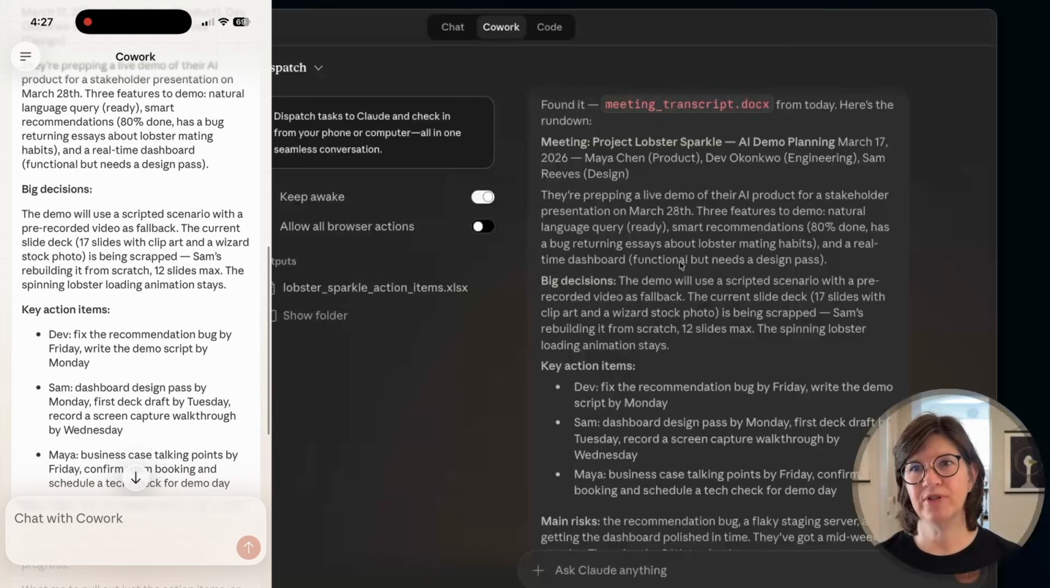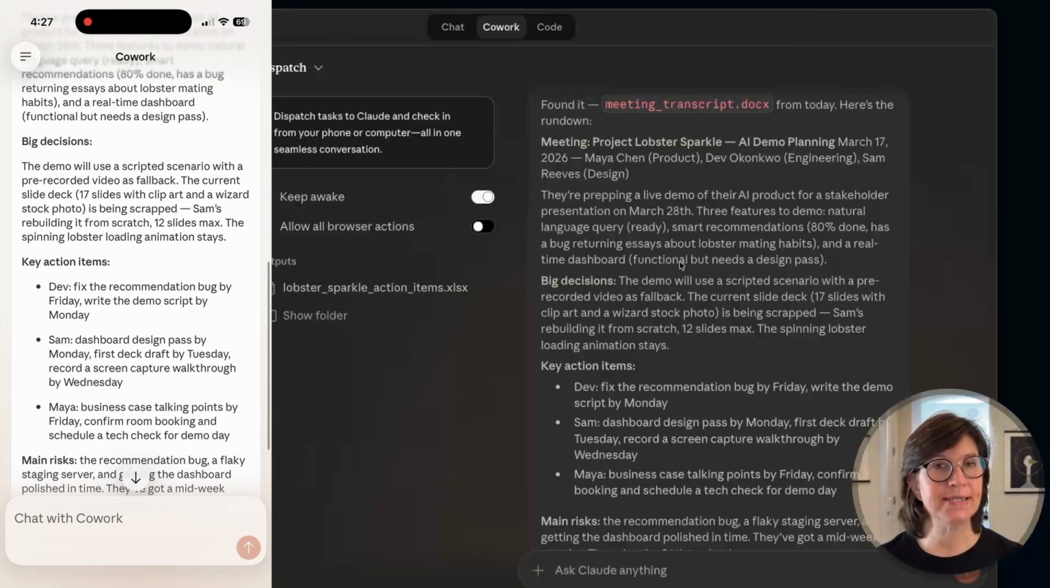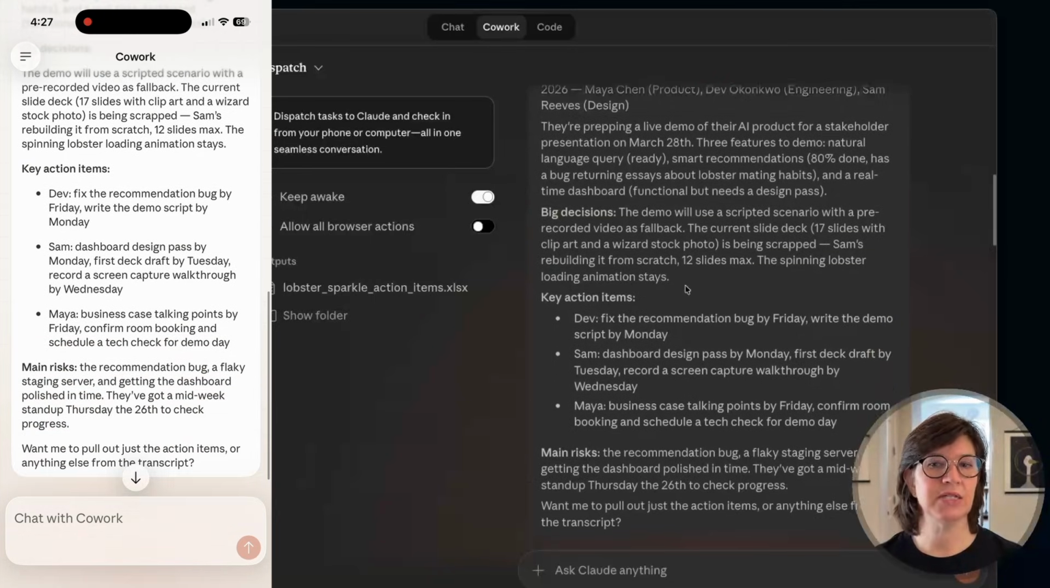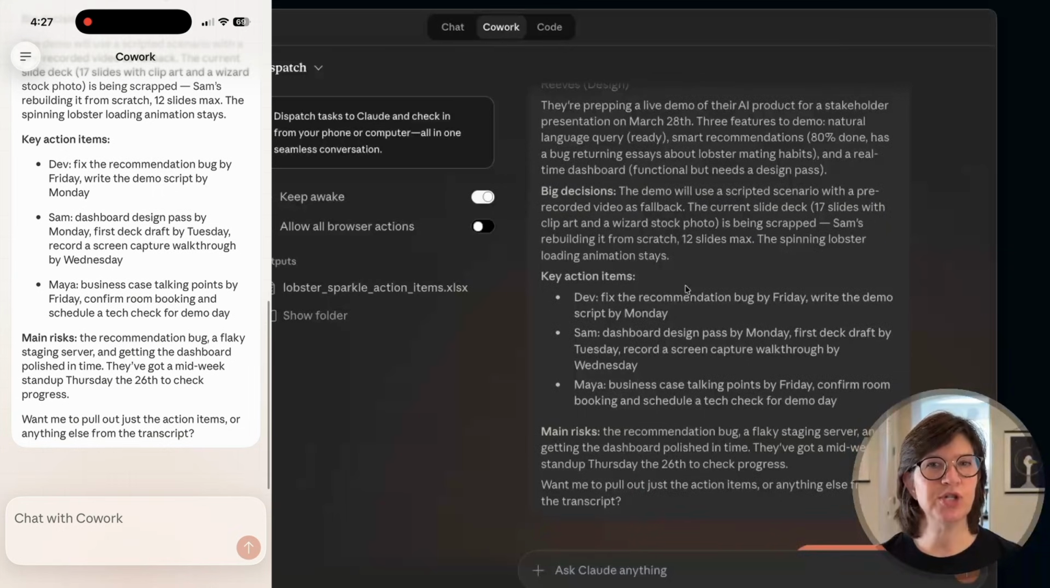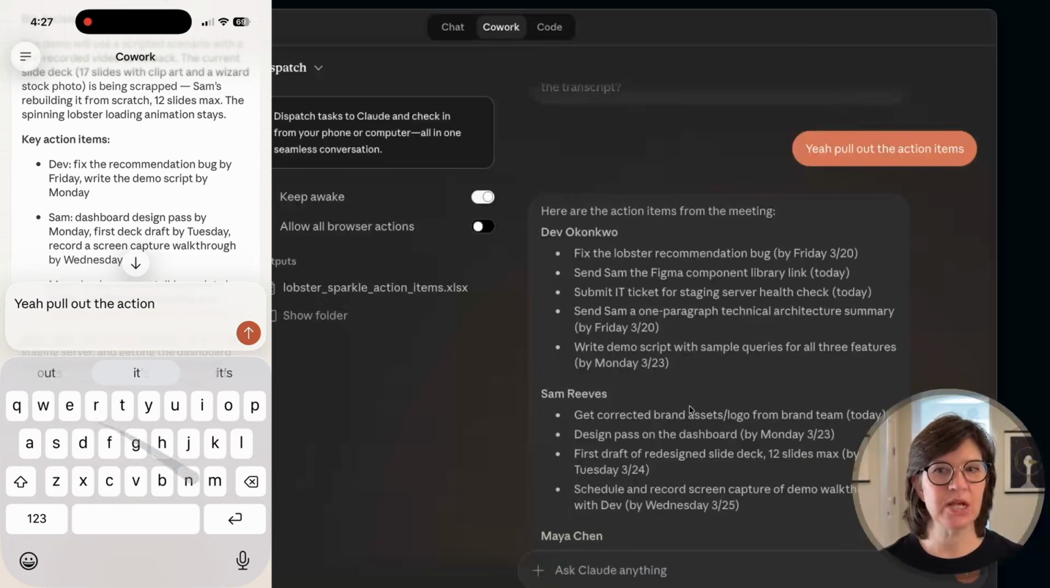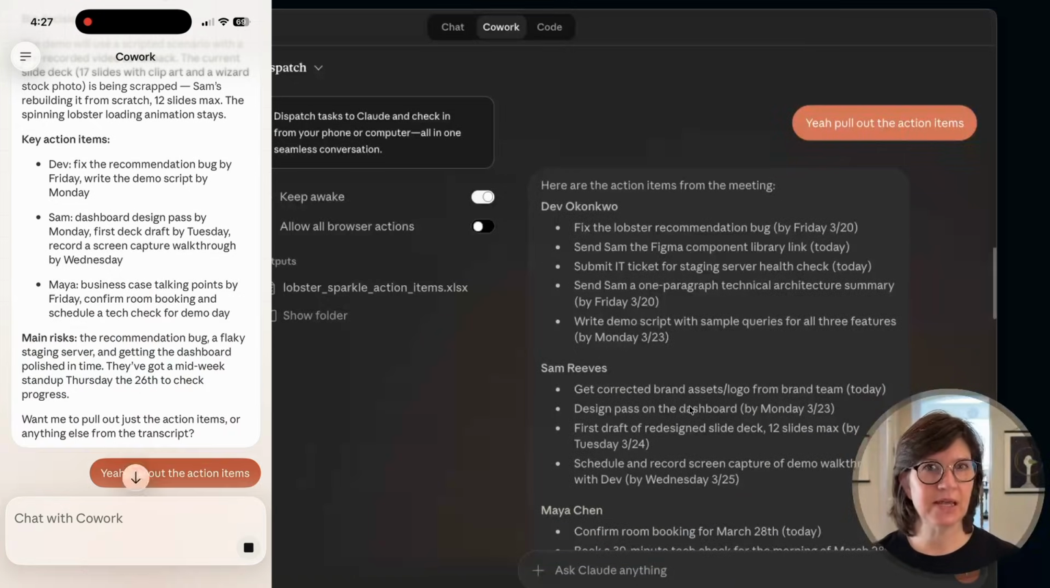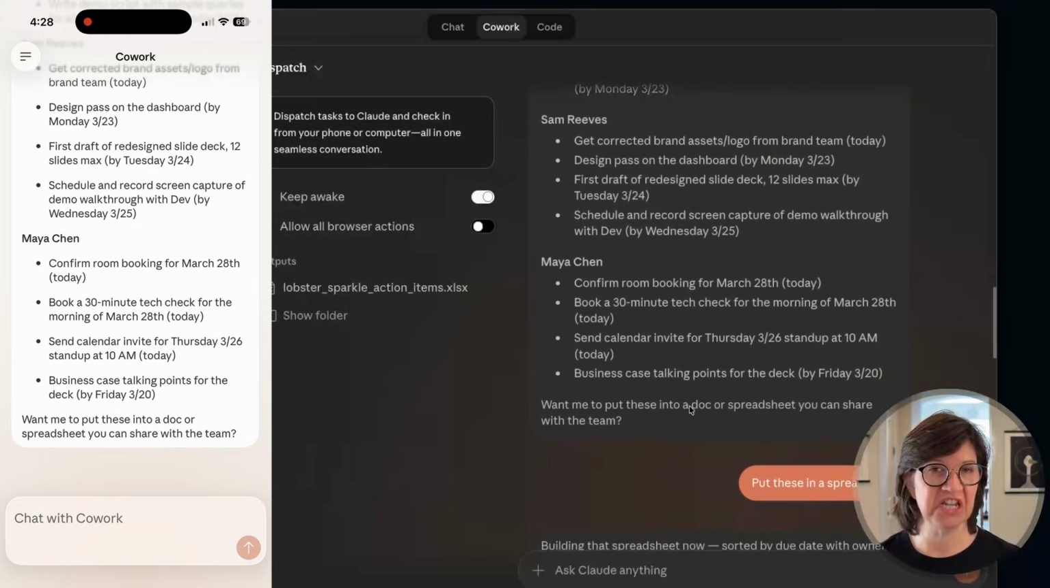It did a nice summary of the transcript. Not surprising, this is Claude after all, and this is all text-based. So I got good results. I was able to see it on my phone, and that worked exactly as I would expect. Then I asked it to pull up the action items. Same thing, that worked exactly as I'd expect, really flawlessly, visible on both the phone and in the dispatch area